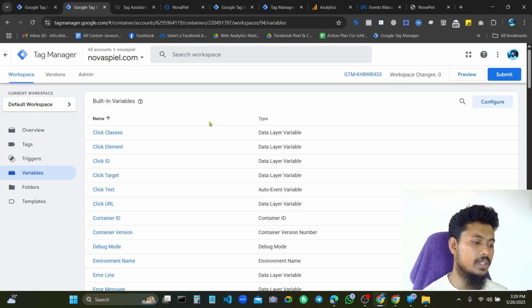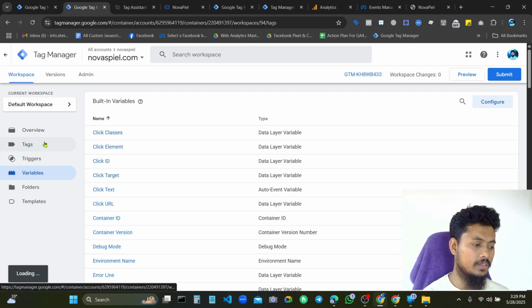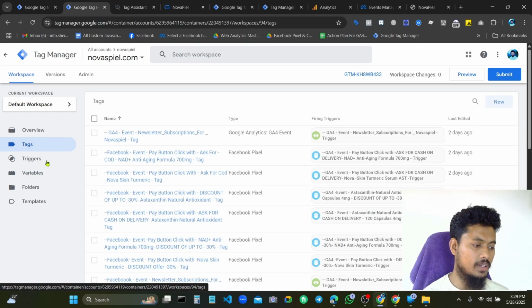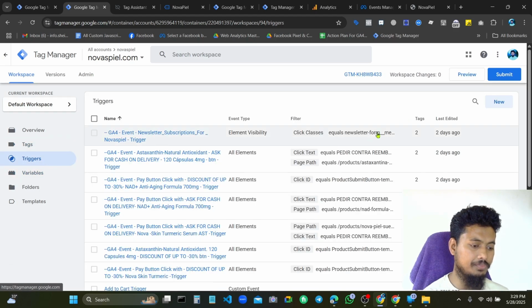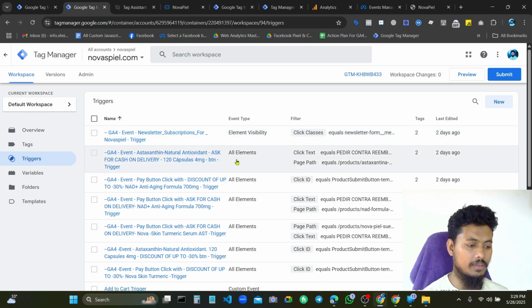So I already configured this click variable, and you can see the trigger section. I have used this click classes already somewhere in all elements triggers, specified triggers.